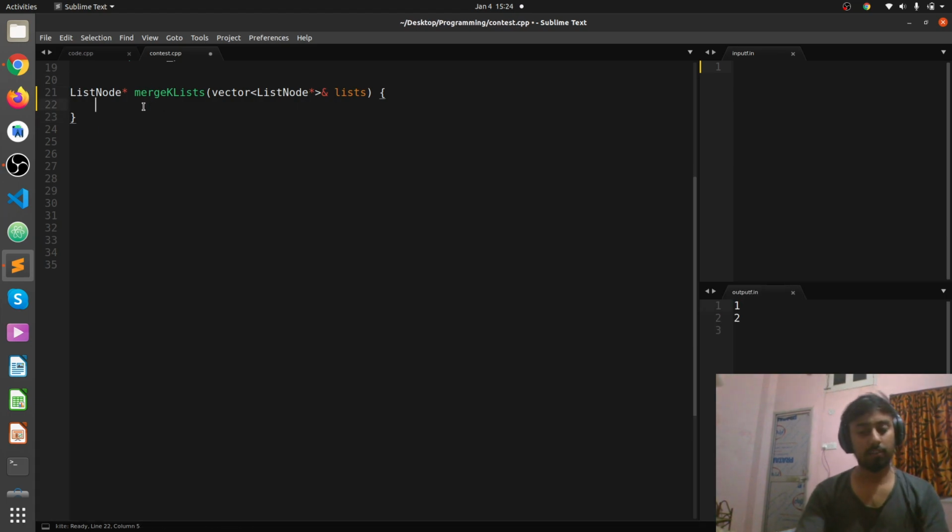We will create one priority queue as a min heap, and we have seen how we can create a min heap: priority queue of vector of int, greater, pq. We created the min heap. This is how we declare a min heap.